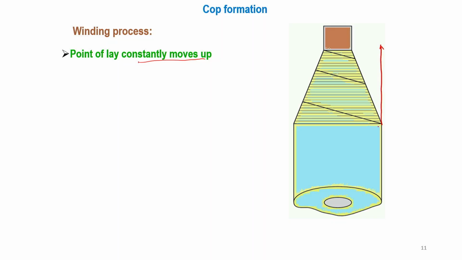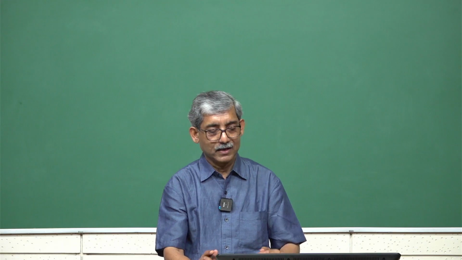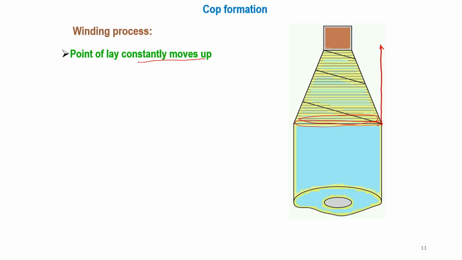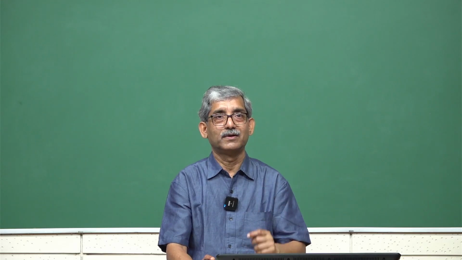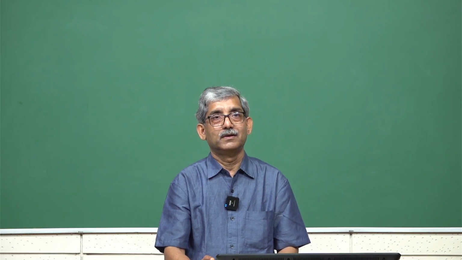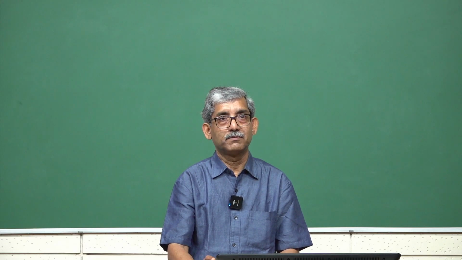So, first at this laying point, then the next layer. That is important. Here one thing we have to remember is that the next layer has to be put just above the previous coil during the winding. There should not be a gap. This may be achieved by